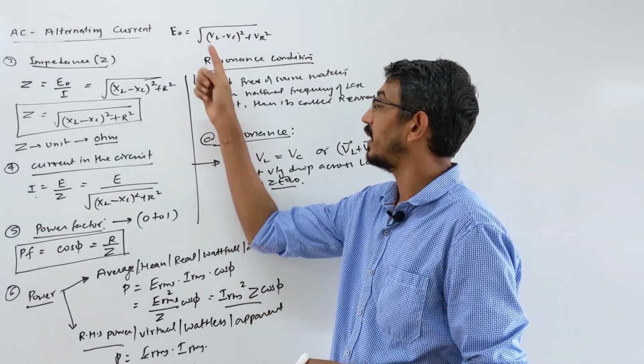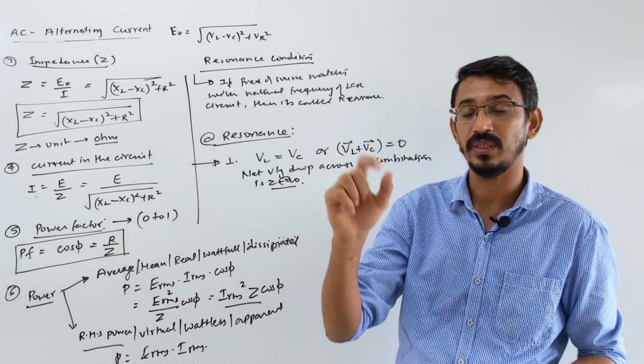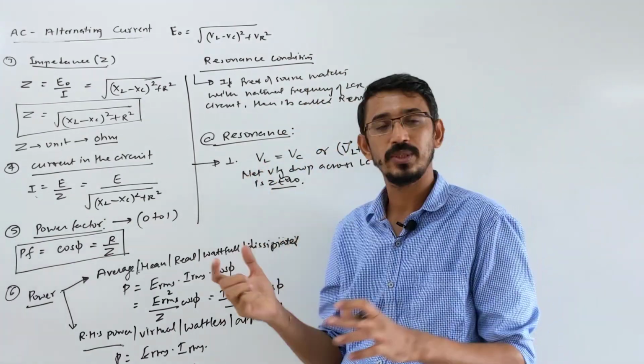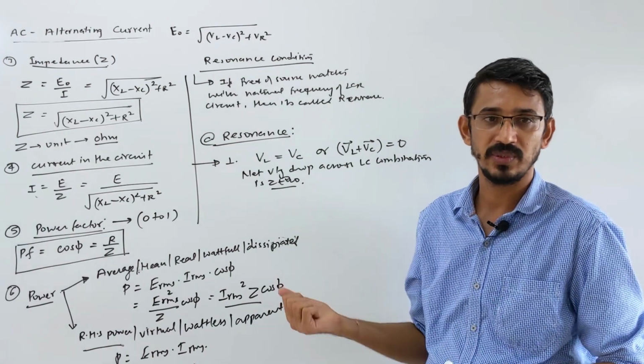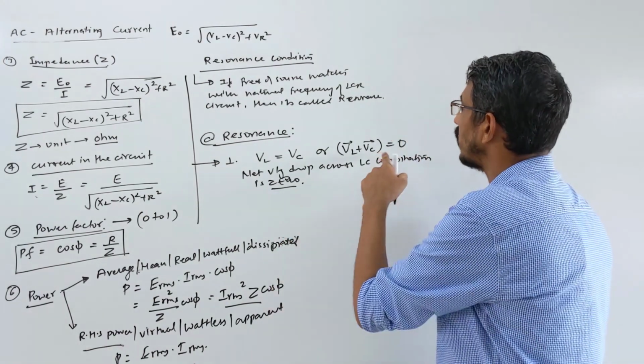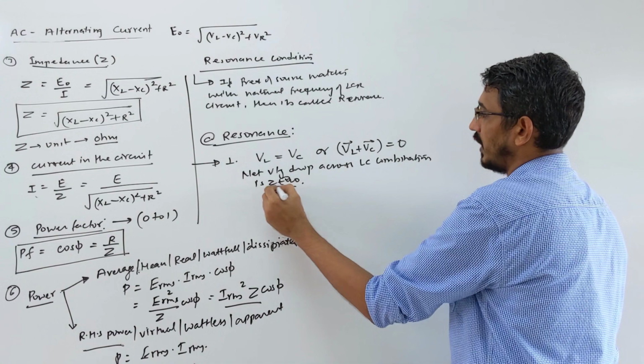They give a picture and they connect what? A voltmeter. They show the reading in the voltmeter. So the voltmeter connected across L shows 50 volt, and the voltmeter connected across C also shows 50 volt, meaning again it's a resonance. So the net voltage drop across the LC combination is 0, right? Very, very important.